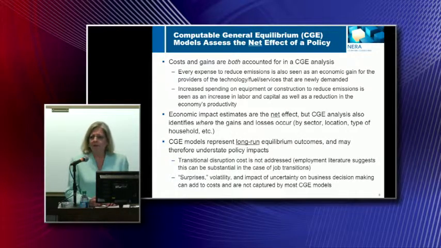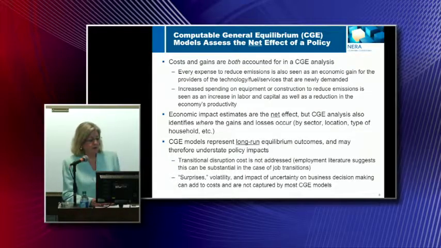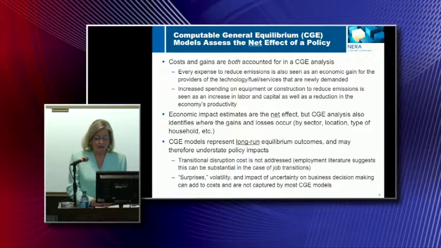So the important thing to know is that, in this sense, they might understate policy impacts, because transitional costs getting from one equilibrium to another can be fairly costly, and that is just not addressed. And the economic literature on employment impacts does suggest that when it comes to job transitions in workers, this can be a pretty substantial individualized effect. And we saw some of that, I think, to a certain extent in the first presentation in this